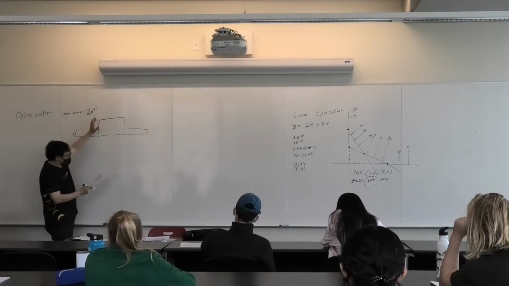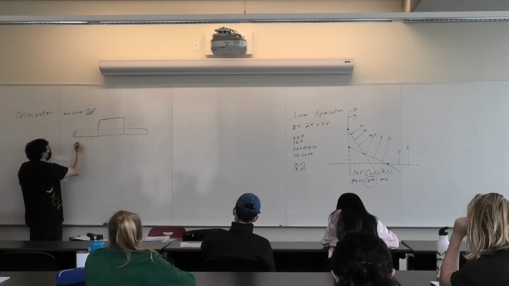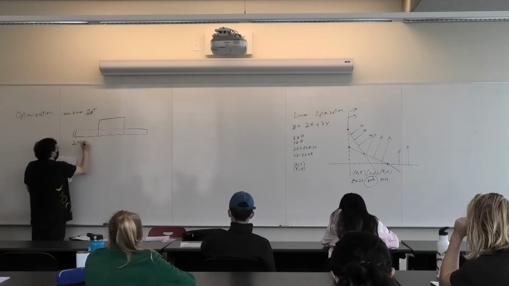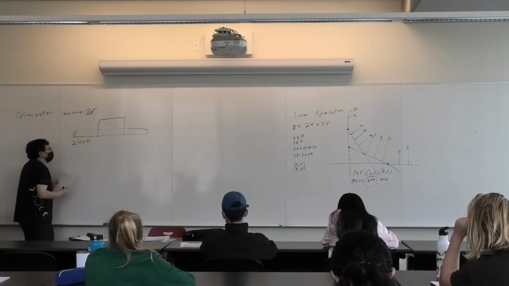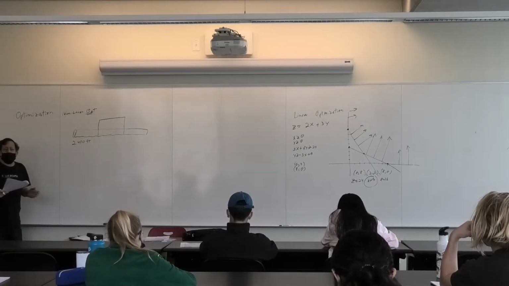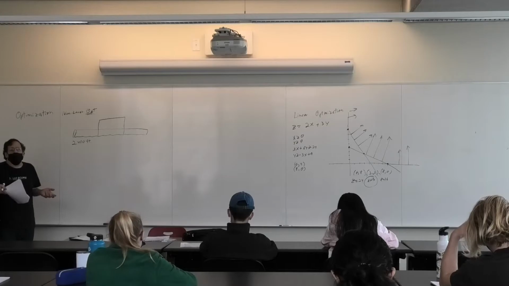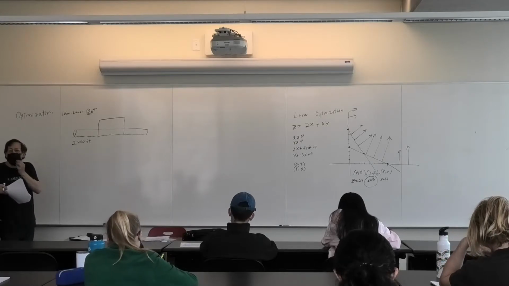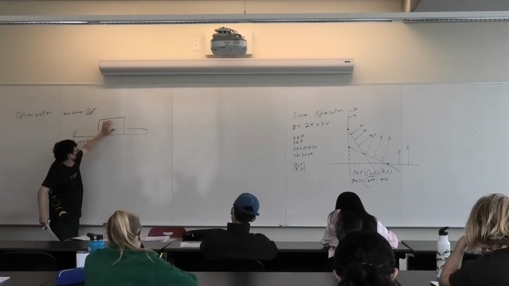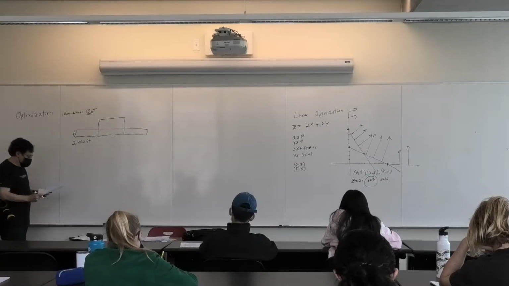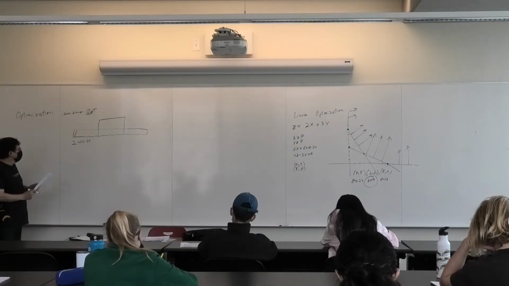But we have, for this fencing material, 2,400 feet of material. And what we want to do is create the largest area possible. Maybe we've got some cows who want to graze on grass, and we want to give them as much room as possible. So we need a way to go about this.